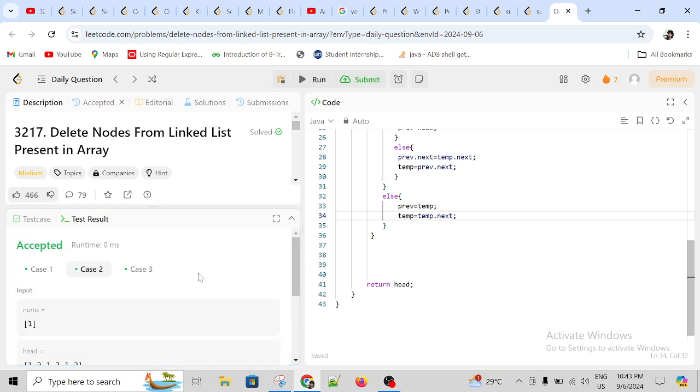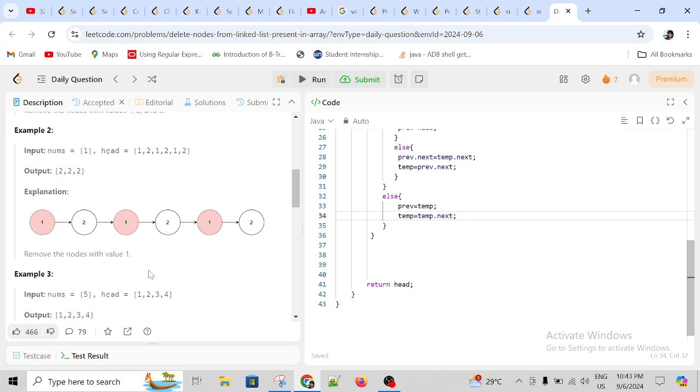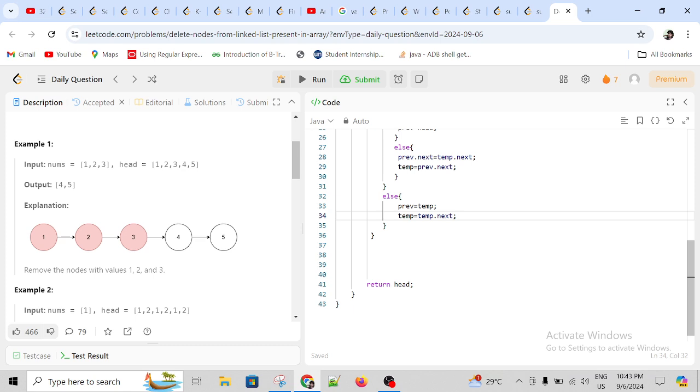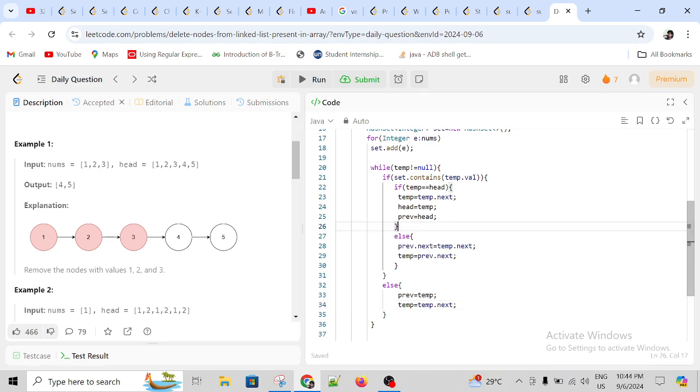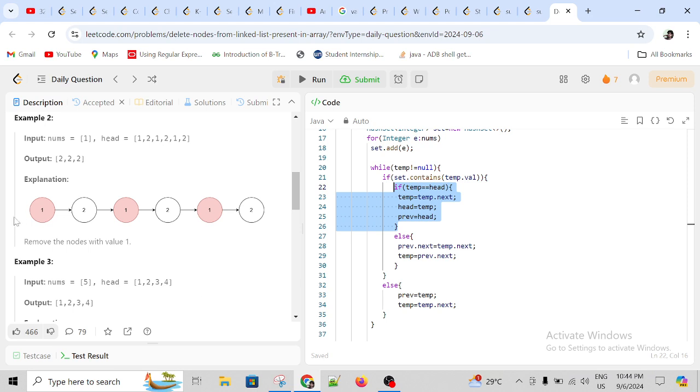If you will see, all these are accepted, 4 and 5, and in the second case only one you have to remove. In this example you will also have to remove the first one. So the first one will be removed from this line of code, and second will also be removed from this line of code, third will also be removed from this line of code, and these two you do not have to remove. And in this situation this line of code will remove one, and then